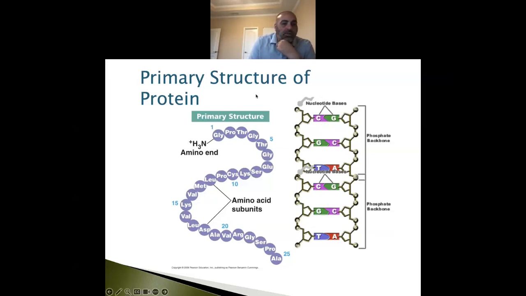A little refresher on proteins here. So we have the primary structure. That's just where it's in a string of amino acids. Then we have the secondary structure. We start to fold it. It can be an alpha helix or a beta pleated sheet. That's kind of like where it's folded back and forth. You know how you used to make like a fan in elementary school where you fold the paper back and forth? And then it goes into the tertiary where it actually folds. And then quaternary is where we take four of those tertiaries and put them together. That is the complex structure.